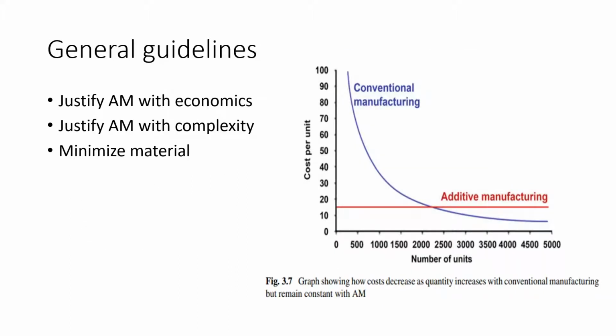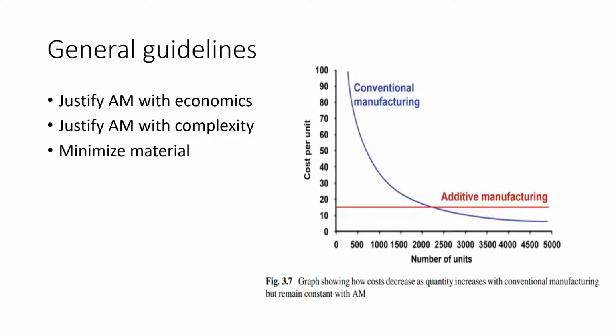Whenever you're considering using metal or just additive manufacturing in general, you need to first justify using it on your parts. One of the best ways to justify it is with economics. At very low quantities, it's apparent that additive manufacturing is often the way to go. But once you start making these parts in significant numbers, like at a production level, traditional manufacturing methods often overtake